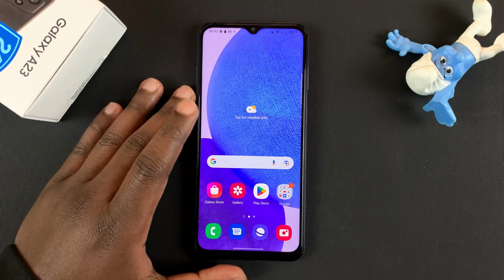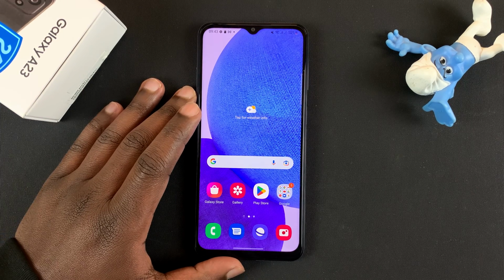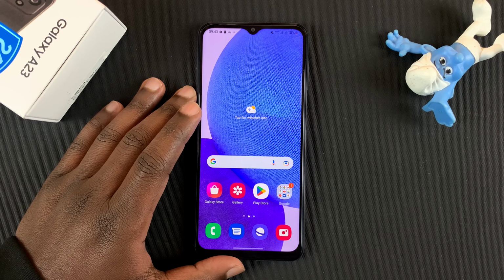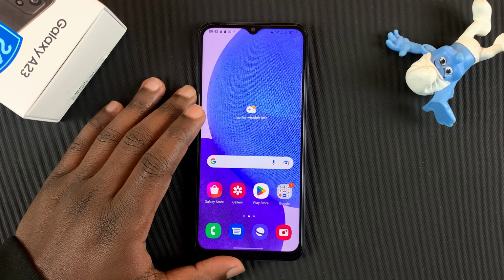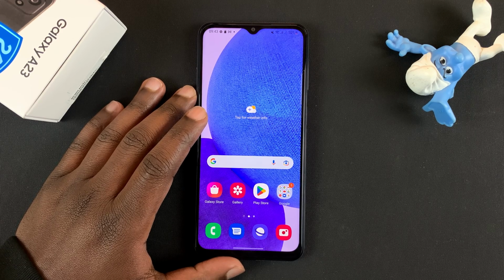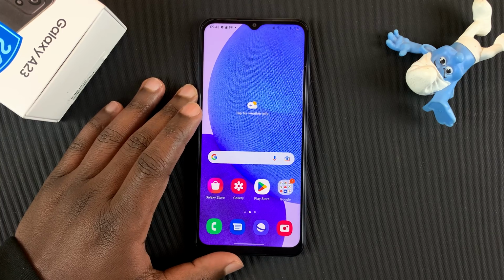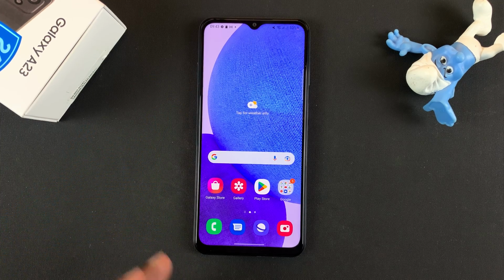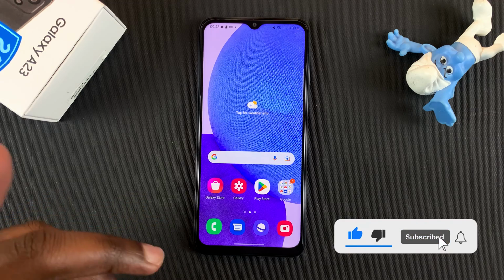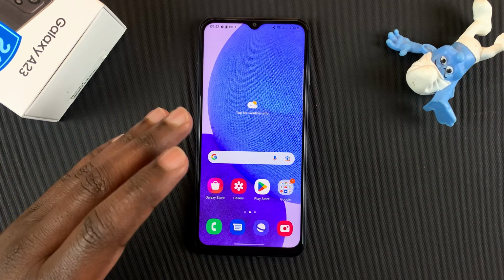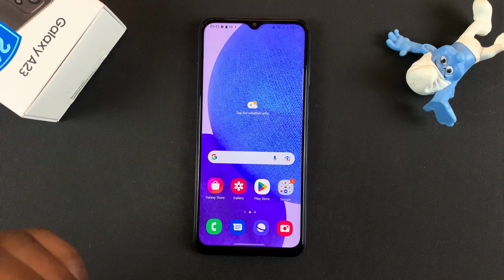Hello guys, today I'll be showing you how to block unknown or private numbers in your Galaxy A23. This basically means you'll only receive phone calls from numbers saved in your contacts list. Everything else is going to be blocked, whether it's a private number, a hidden caller ID, or even a number